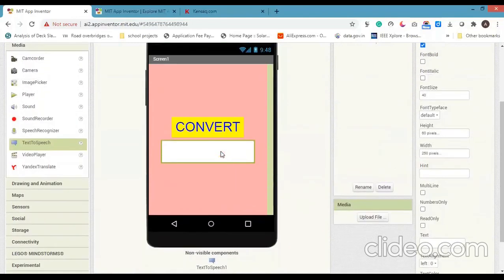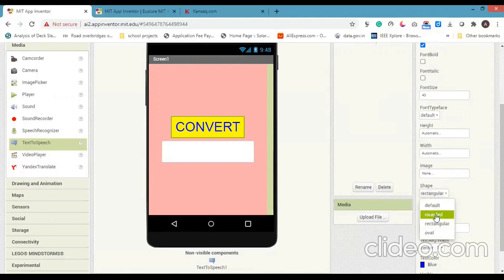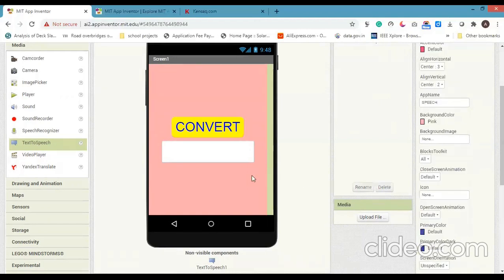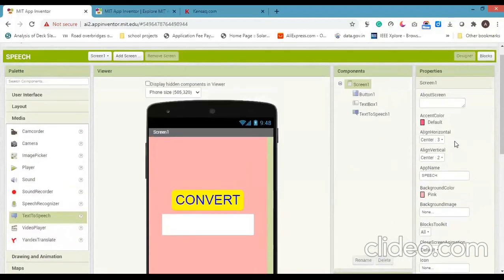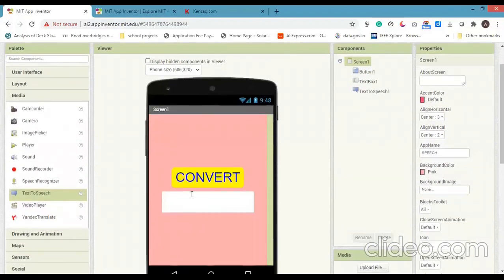I am going to change the shape of this button. You can use round, rectangular or oval. Now the front end design is completed.